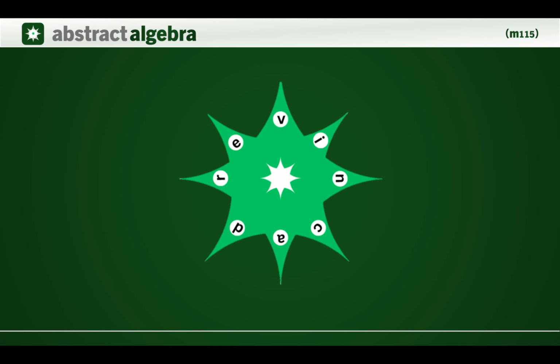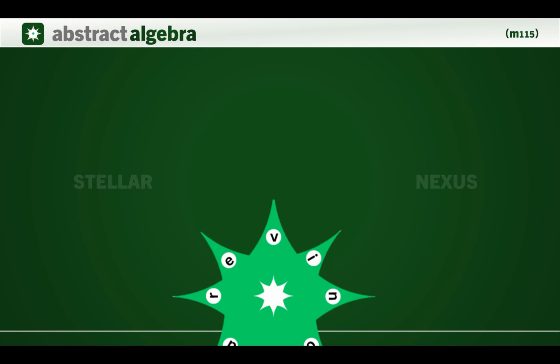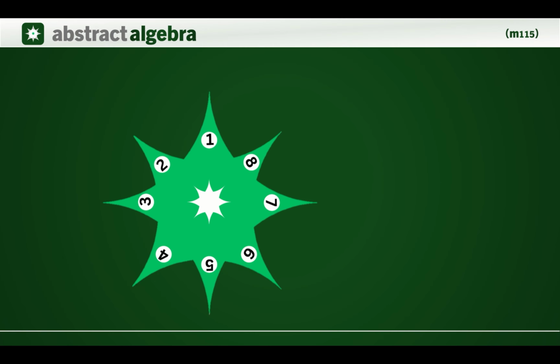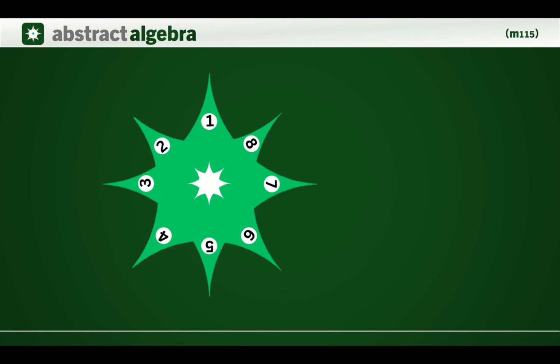To explore permutation groups, I used my geometric figure which I called the Stellar Nexus. This geometric model will undergo a series of transformations such as rotations and flips to demonstrate the concept of permutation and group permutation. So this is my geometric figure.